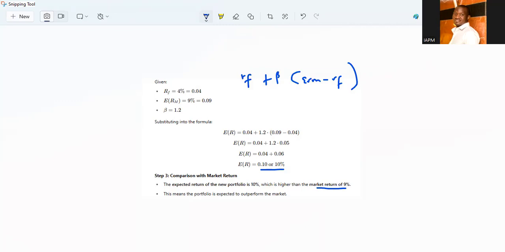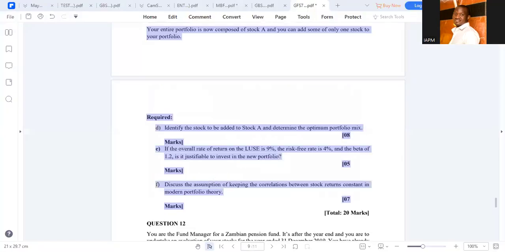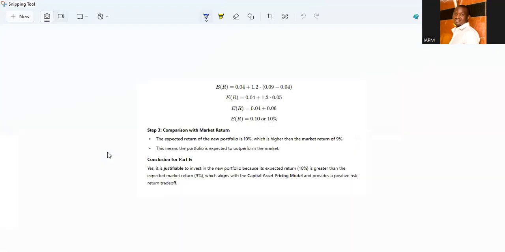So our question is, is it justifiable to take this new portfolio? Yes, it's justifiable. Because we are outperforming the market, we can say yes, it's justifiable, right? So the explanation is in the formulas and your calculations. So is that clear? Before we move on,